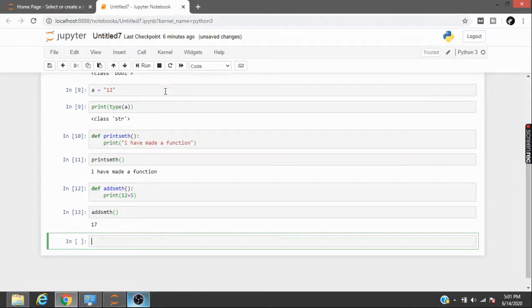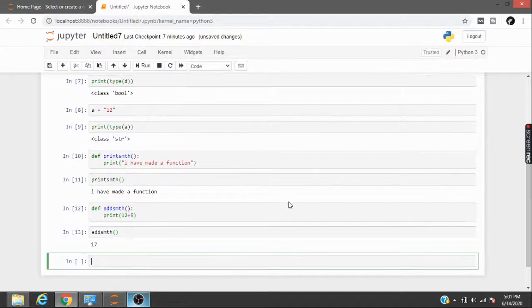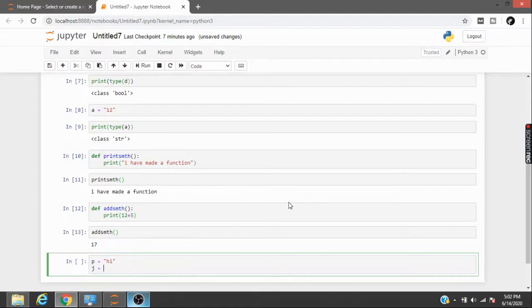And variables is something that we have already covered. So we'll try to make another example out of functions wherein we can use these variables and then use a function to display something. Suppose I declare something first, and I'll say p is hi, and then j will become coders,